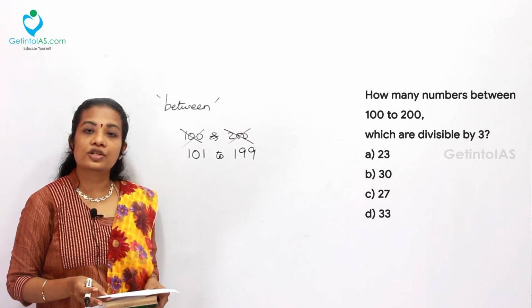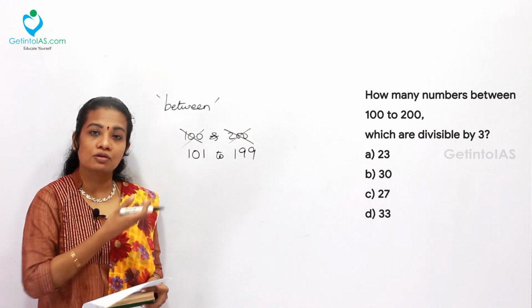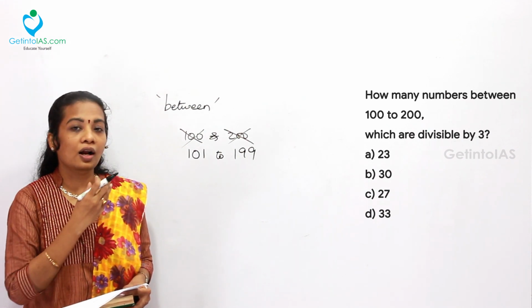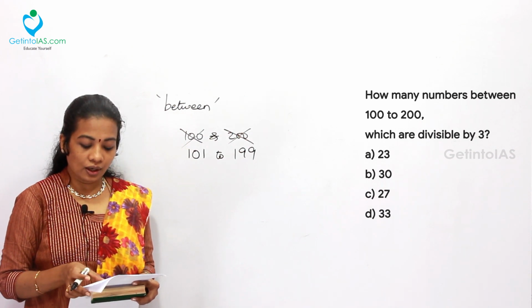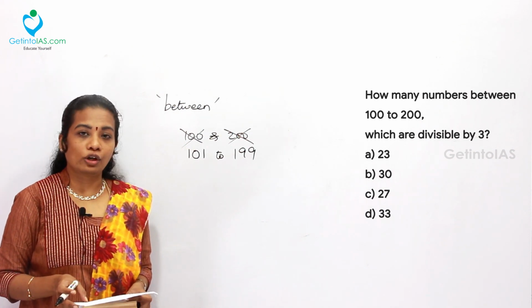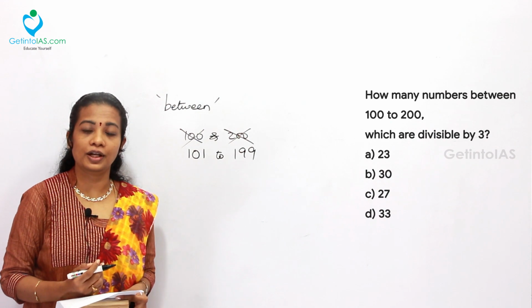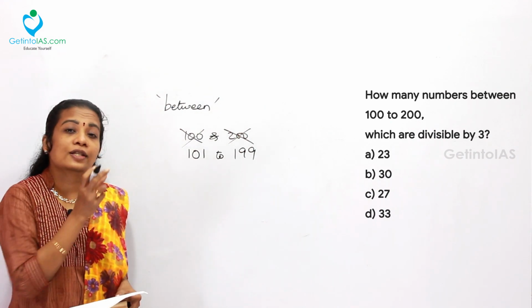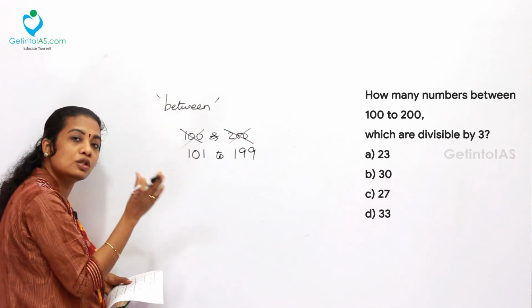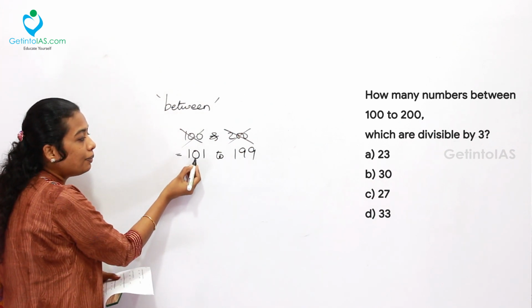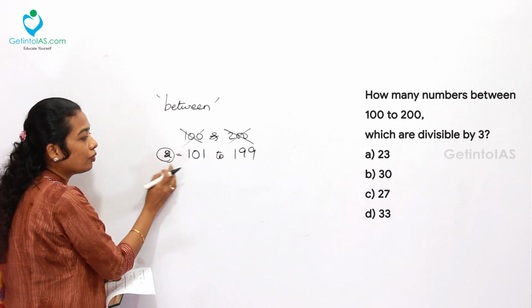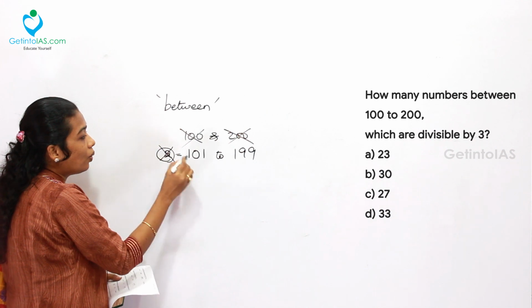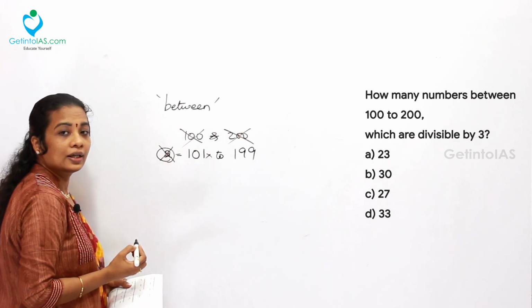So given is which all are divisible by 3. This is also a form of arithmetic progression. So let's see the numbers play in that. So here which are divisible by 3. In the test of divisibility rules, we have already learned the rule for 3: the sum of the digits should be divisible by 3. So let me take 1 plus 0 plus 1, which is 2, right? 2 is not divisible by 3. So we can say 101 is not divisible by 3.